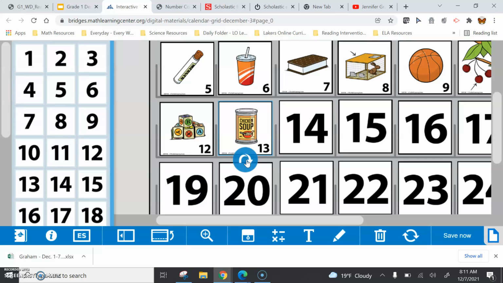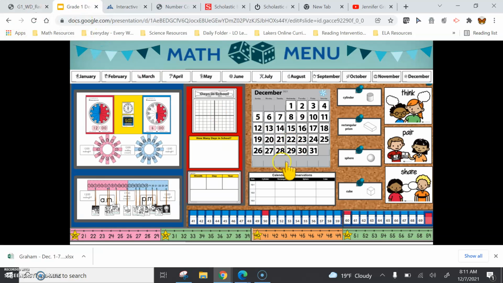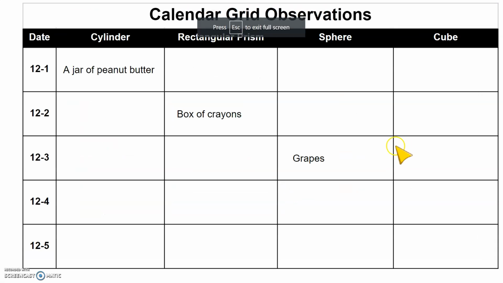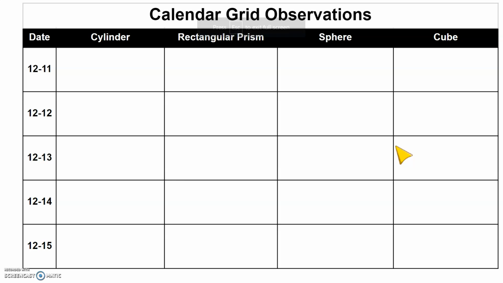Whoa! We have a can of soup, chicken soup. What 3D shape does this can of chicken soup remind you of? It has a circle on the top, a circle on the bottom, and it has a curved area in the middle. Did you say a cylinder? You're absolutely right. So we're going to put on our calendar grid for the 13th of the month